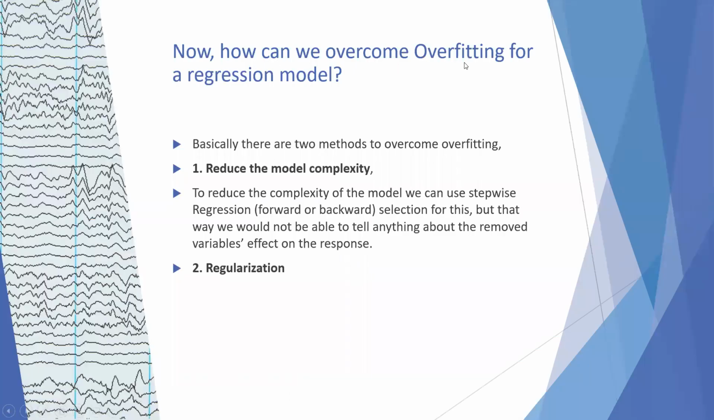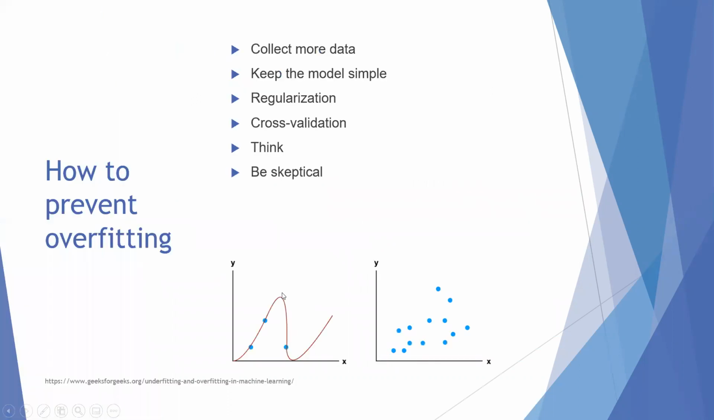Now, how can we overcome overfitting for a regression model? We can either reduce the complexity or we can use regularization. To reduce the model complexity, we can use stepwise regression selection, either forward or backward, but that way we would not be able to tell anything about the removed variables' effect on the response. And second is regularization, which is done